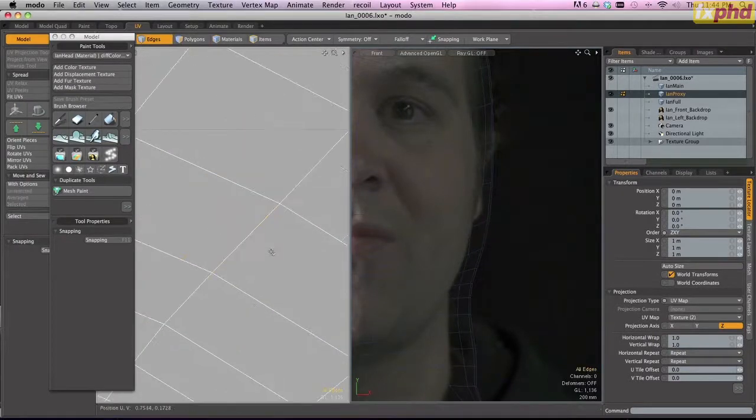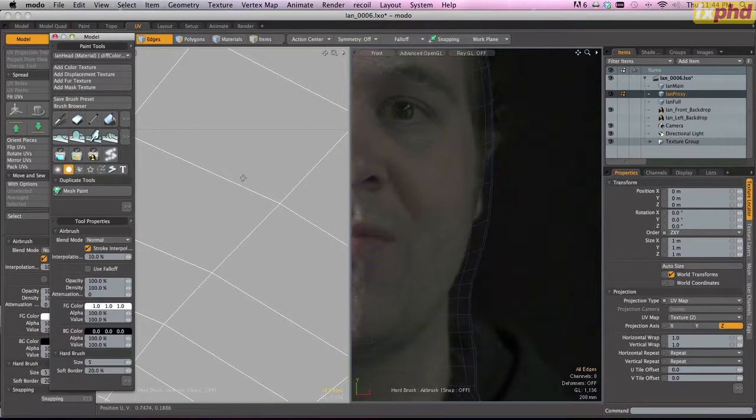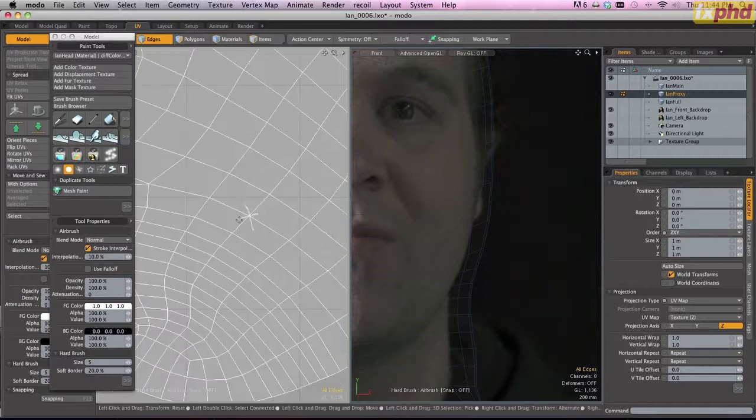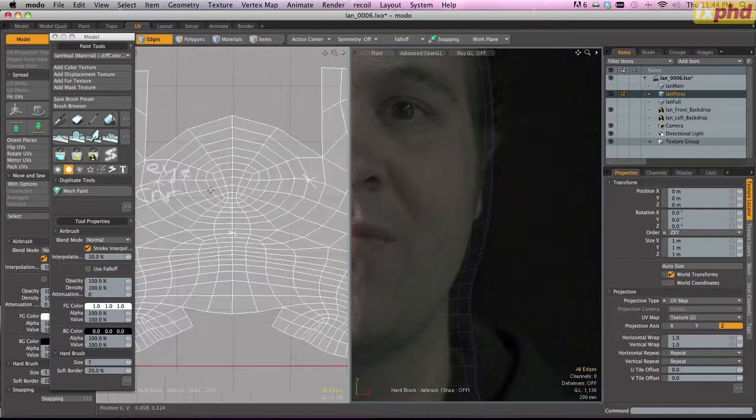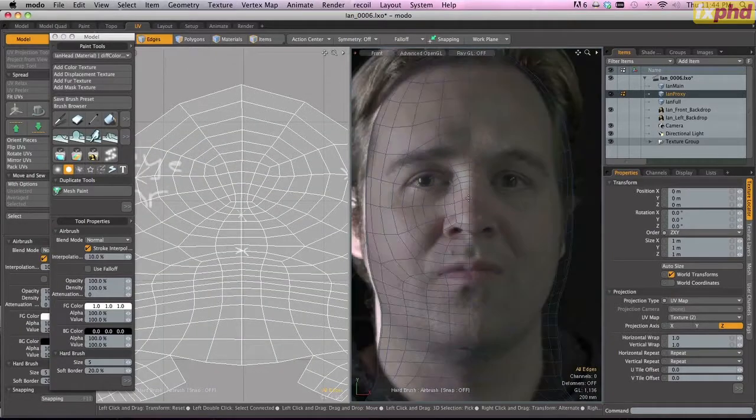Zoom in. I believe I've got this right. The crosshair goes right there. Looks correct. So got 1, 2, 3, 4, 5, and to get a sixth,